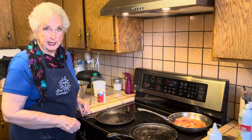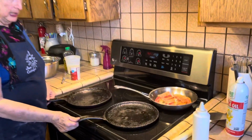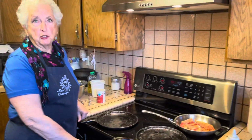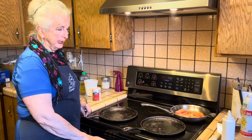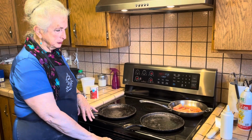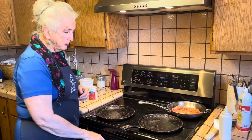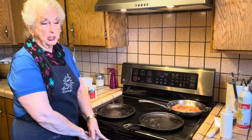Whenever I make pancakes, I cook them on these two griddles. And when I have a large crowd, I'll have the oven on warm, so everyone can sit down together. I'll put them in the oven to hold on plates, sometimes covered with a little lid. But because I've got my sourdough bread baking this morning,